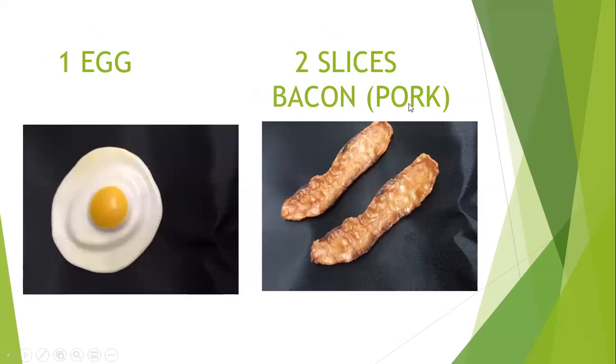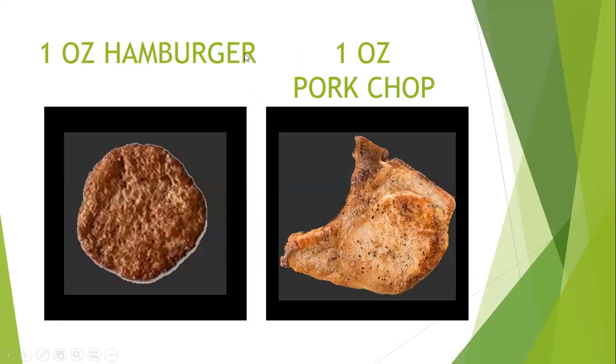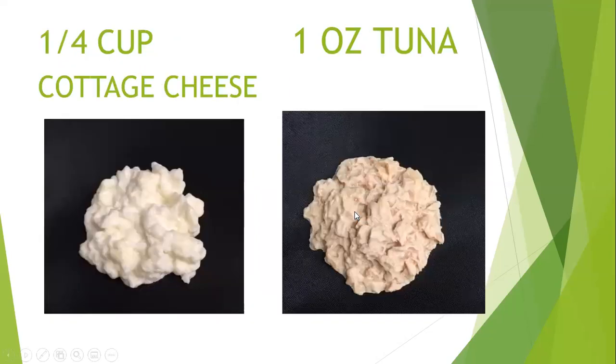This is pork bacon, not turkey bacon; for turkey bacon it's 3 slices. 1 ounce hamburger, a 1 ounce pork chop, which is usually more than an ounce. A single pork chop is usually more like 2 to 3 ounces. You can also have a 1/4 cup of cottage cheese, 1 ounce of tuna,